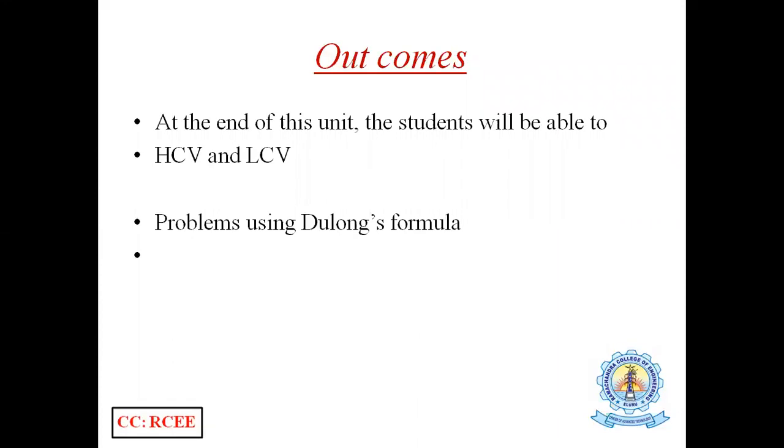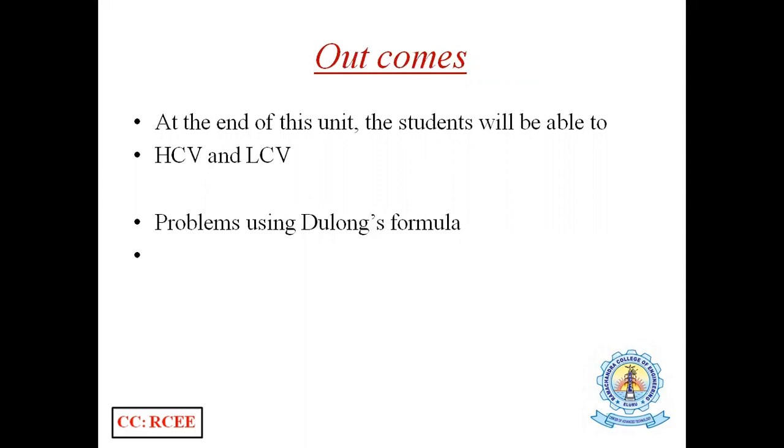So in the earlier session we talked about what is a fuel, the classification of fuel, as well as calorific value and units of calorific value. See, if you carefully observe, calorific value means when a unit mass of fuel is burned, the total amount of heat released is called calorific value. That is measured in four different units: calorie, kilocalorie, British thermal unit, and centigrade heat unit.